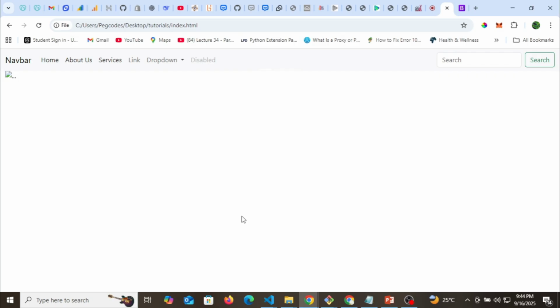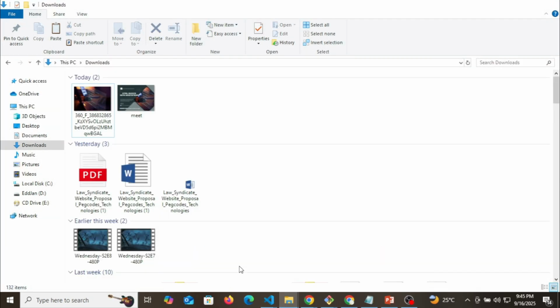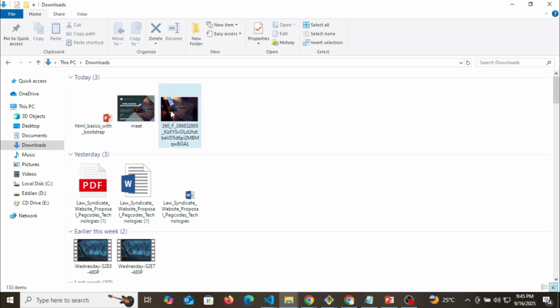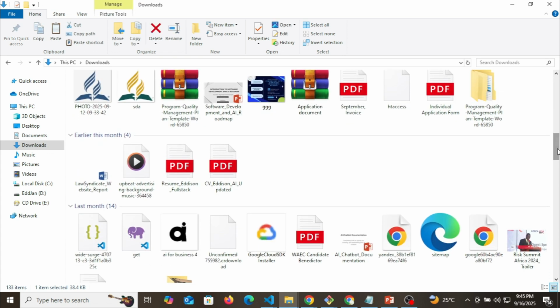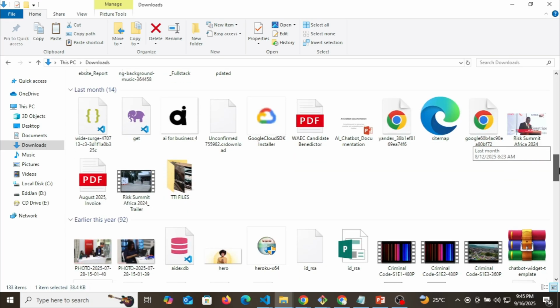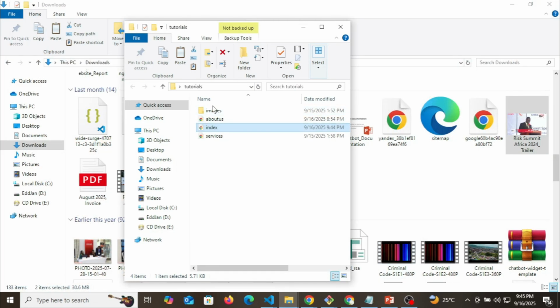Because I don't have images, let me put some images inside and you see how beautiful this will look. So I'll copy this, and I'll copy this one too. So let me just head to tutorials, images,